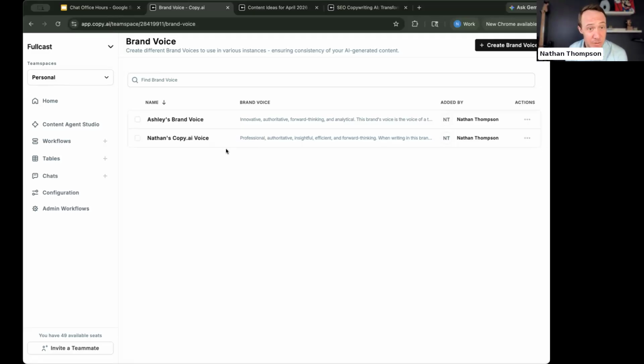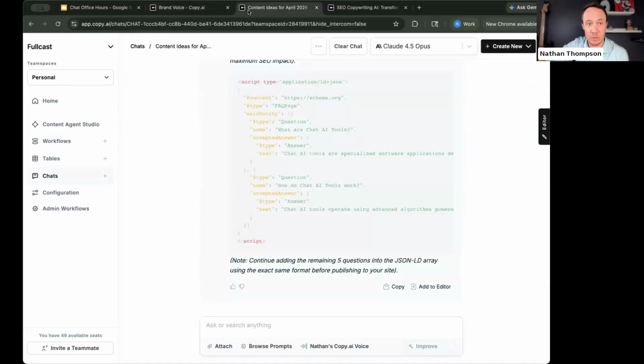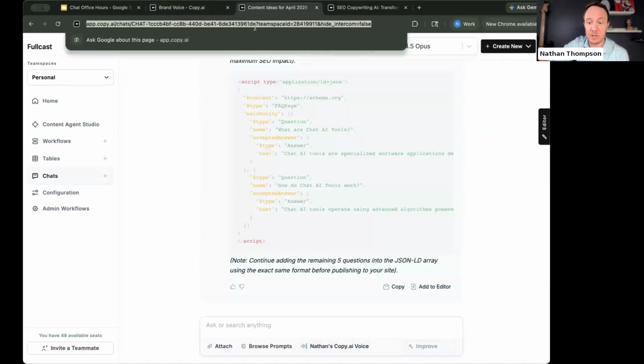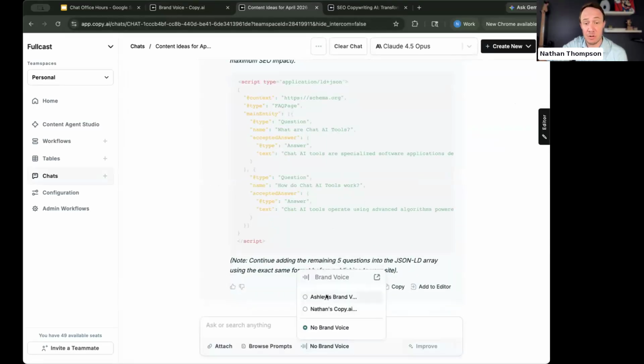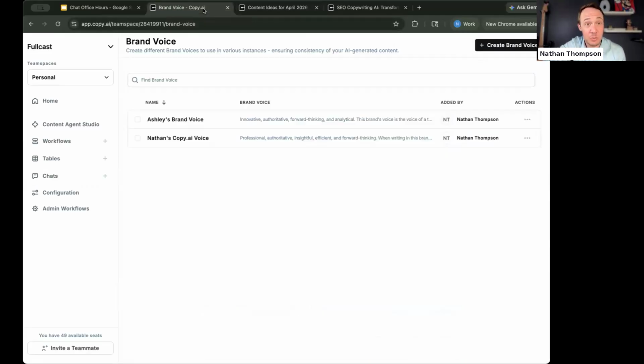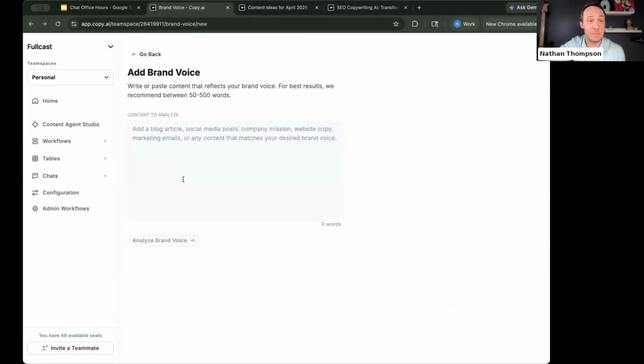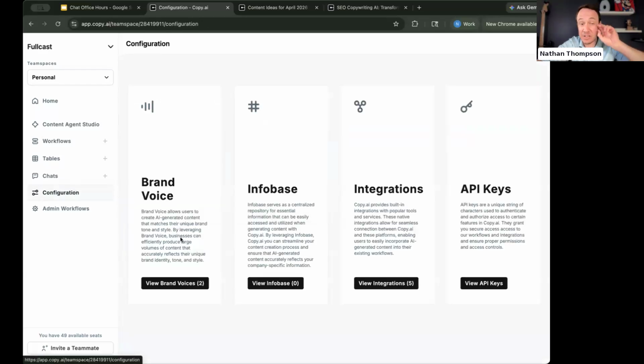The next piece of configuration. Oh, and then again, really quickly, once we're here, we just refresh this to make sure it pops up. Brand voice, we have all these saved and we can switch these as needed, which is really cool. The other thing I wanted to share really quickly in our Infobase is in the configuration tab, there is Infobase,